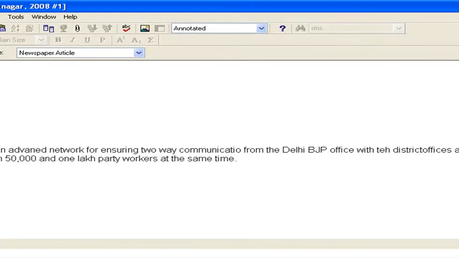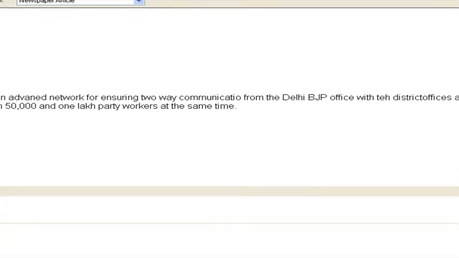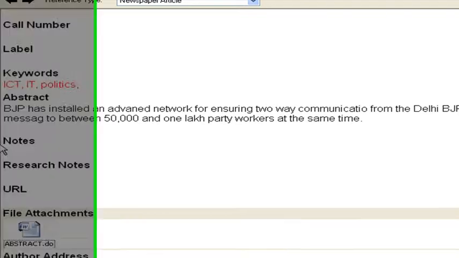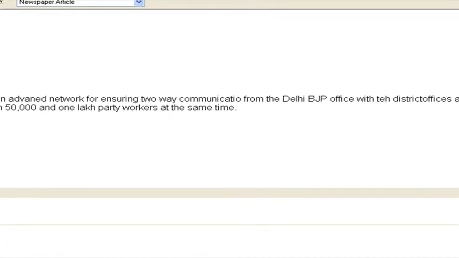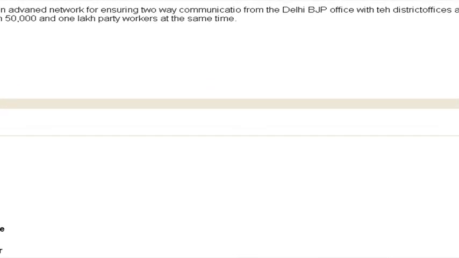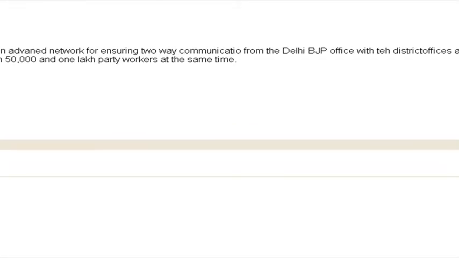So EndNote can be used by many other people, not only researchers, even office people can use it to save their data. Office people have a lot of files and folders to save their data. So the best thing is to get the data inserted in EndNote, select all the files in the file attachments and give a unique name to it, so that it is easily traceable.